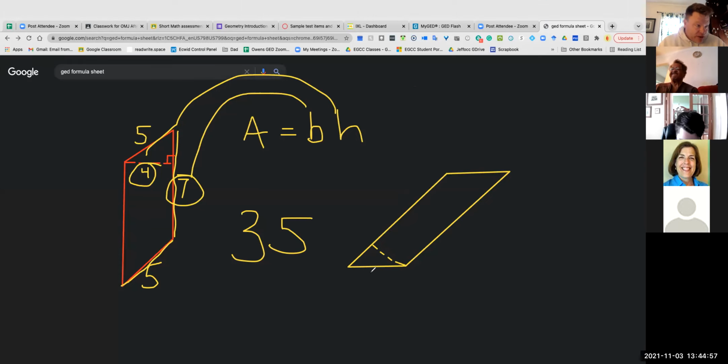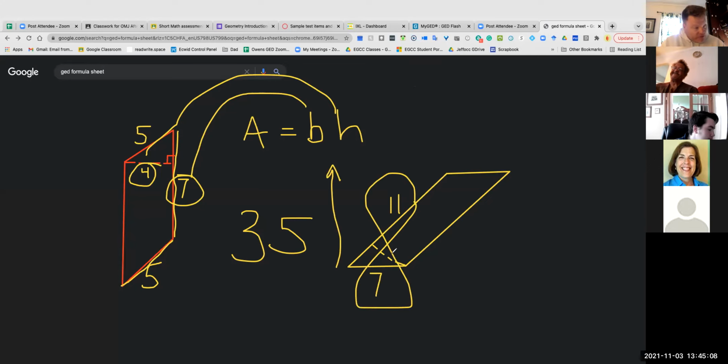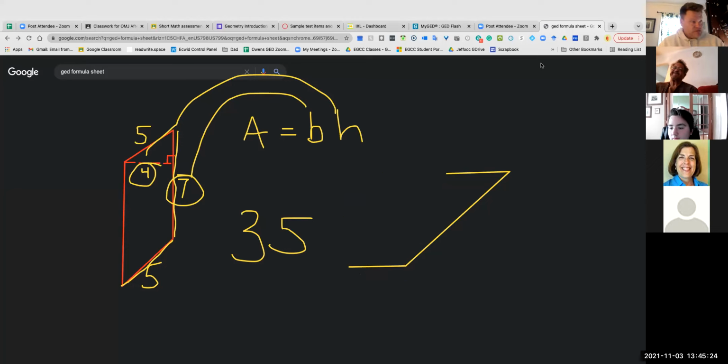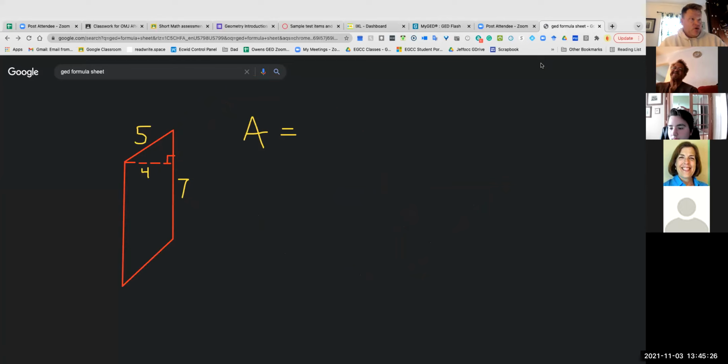Then it would sure look like this is the base. And for some reason, since height goes up, we think that way, that's the height. And we would end up multiplying these two numbers. This dotted line is the height. So that's why I'm saying this is the clue. That's the Scooby-Doo clue right there, anytime there's a square. So when I go back through all this gigantic mess, the formula sheet helps. It doesn't define what the terms are,